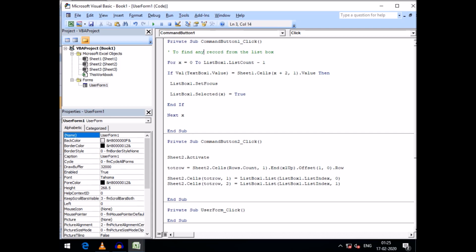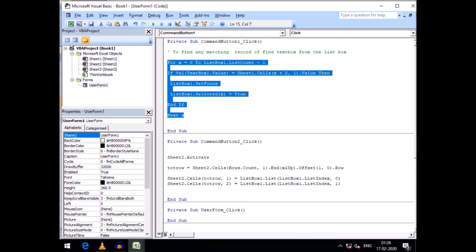To find any matching record of the find text box from the list box, we can type these lines of code,